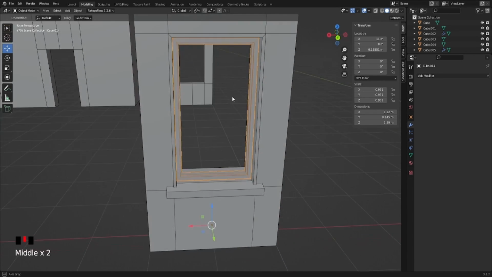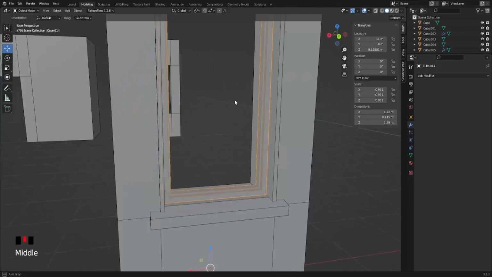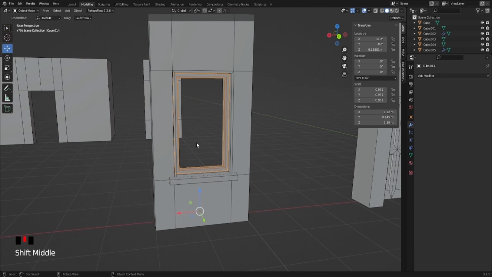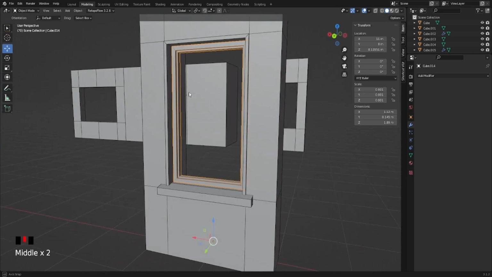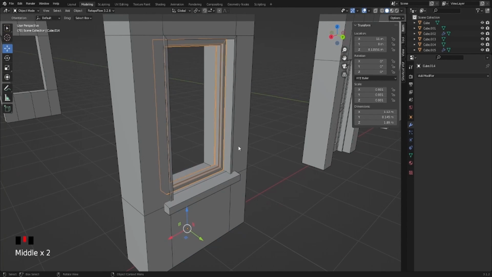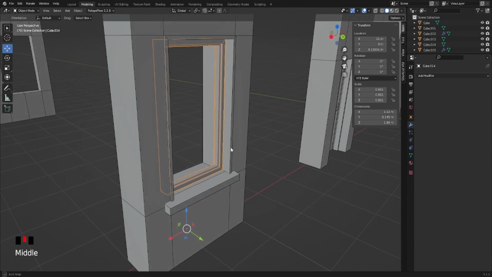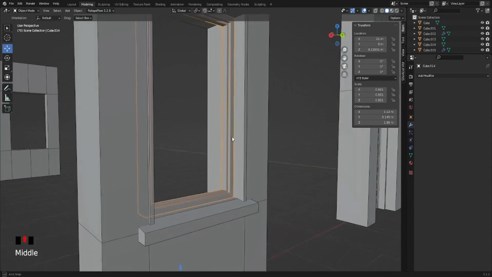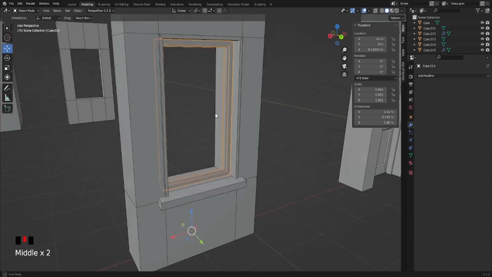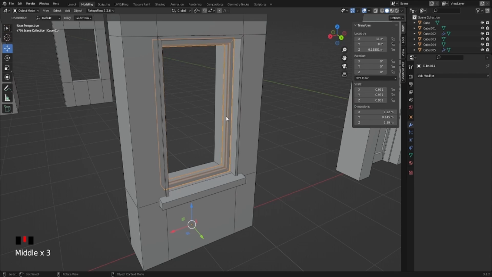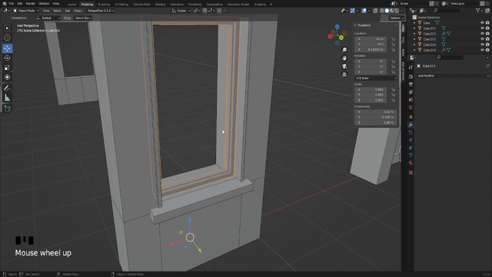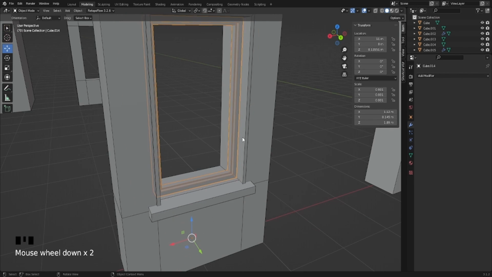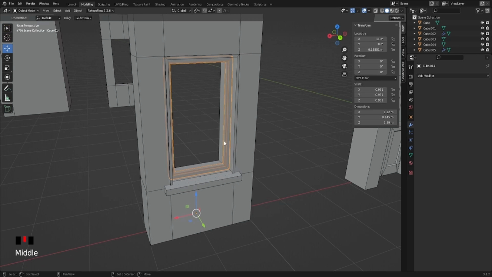Now, that's the basics of a window frame done. I just want to add a divide in it now, depending on the type of window, I guess. What we could do is, if I wanted to make this like a double slidey window, which I think I will do, I'm going to duplicate this frame, Shift D, and